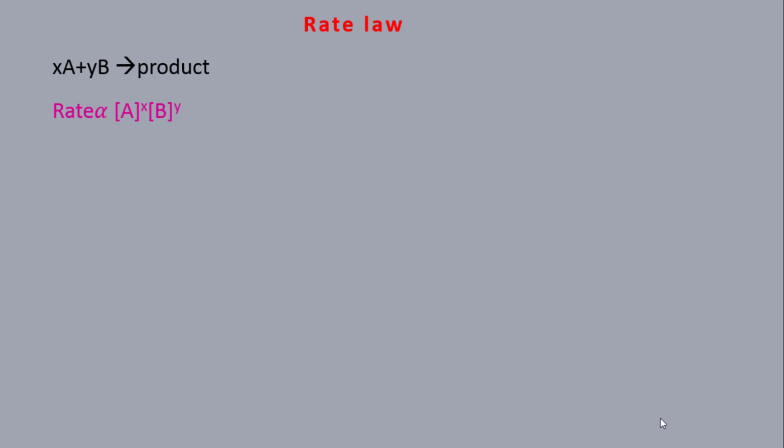Pseudo first order reaction is defined as a second order reaction can be altered to a first order reaction by taking one of the reactant in large excess. Such type of reaction is called as a pseudo first order reaction. அதாவது ஒரு செகண்ட் ஆர்டர் ரியாக்ஷனில் ஏதாவது ஒரு வினைப்படு பொருளோட செறிவை லார்ஜ் எக்ஸஸாக எடுத்துக்கும் போது ஃபர்ஸ்ட் ஆர்டர் ரியாக்ஷனாக கன்வெர்ட் ஆகுது. This type of first order reaction is called as a pseudo first order reaction.